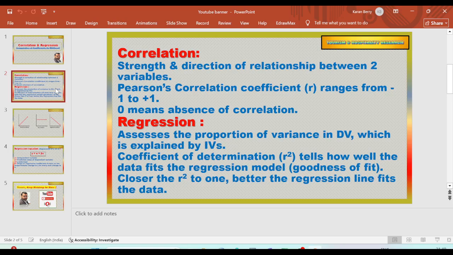Regression assesses the proportion of variance in the dependent variable which is explained by independent variables. As I told you in the last video, a linear regression has one independent variable and one dependent variable, whereas in multiple regression we have several independent variables and one dependent variable. Coefficient of determination R square, which is the square of Pearson's correlation coefficient, tells us how well the data fits